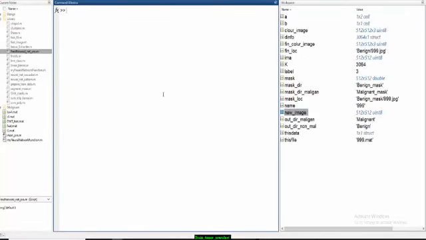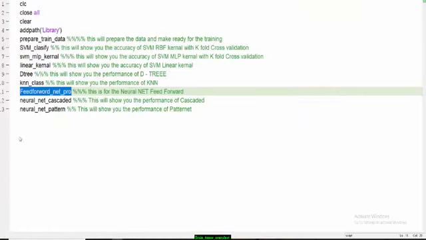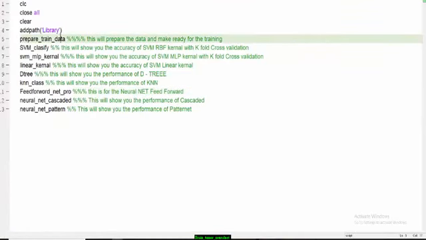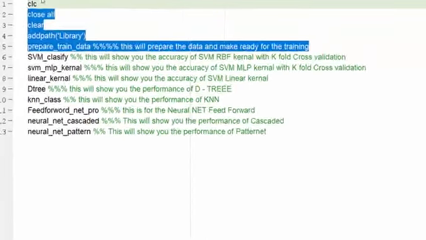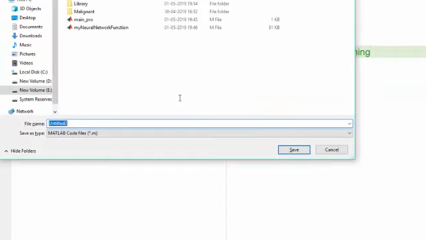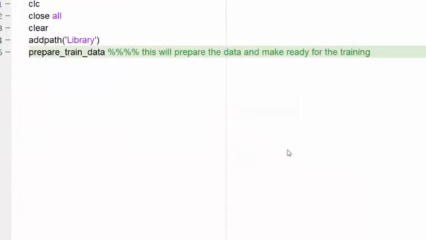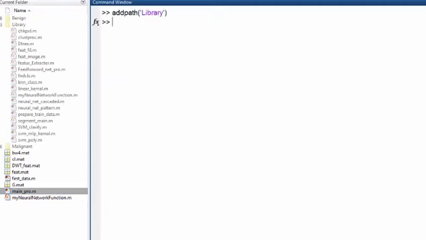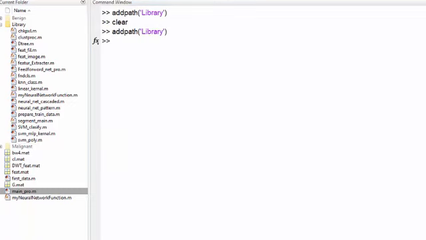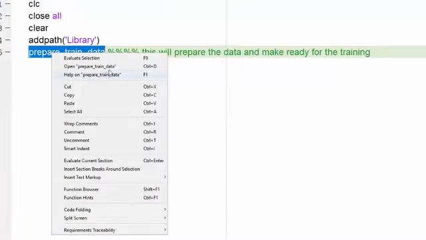Okay guys, the initial step always starts from the pre-processing part. I have a main program here, and a couple of other programs also. In this tutorial I'm going to cover a very small part of this full algorithm, in which we will prepare the data, segment it, and then perform the classification. The main part of the program is contained in the library folder, so I'm adding it. Let me make everything clear first, then add the path. Now I can access the libraries program.